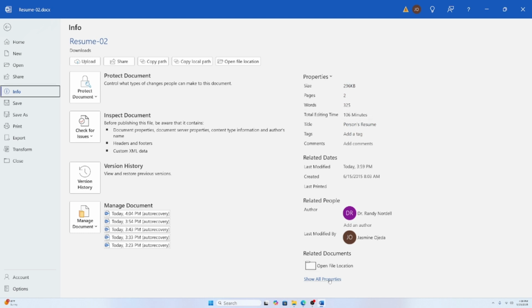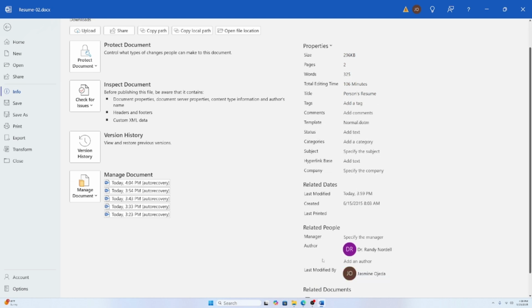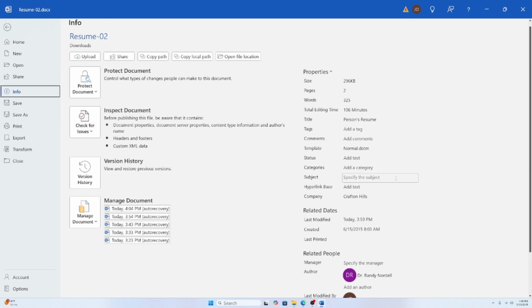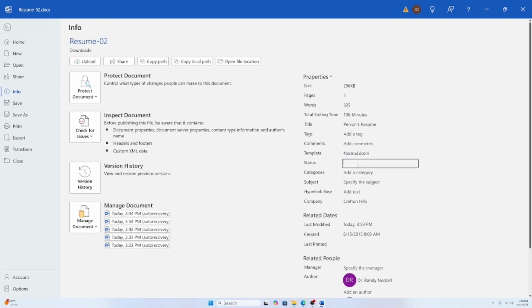Go all the way down. There's a little selection called Show All Properties. Click on it, and more will expand, such as company. Let's do Crafton Hills. There we go. Status, let's do completed. So you just click in the box, type in, you could click away. And then when I go back,